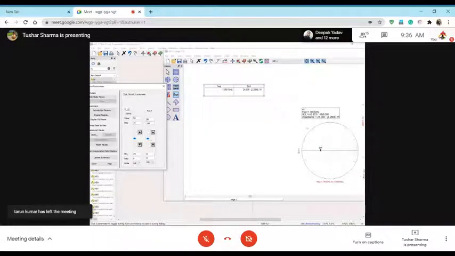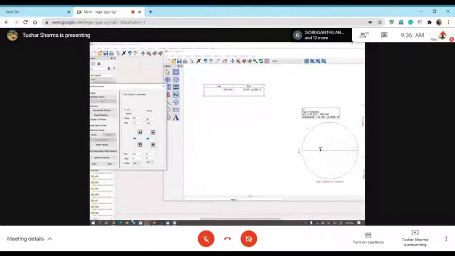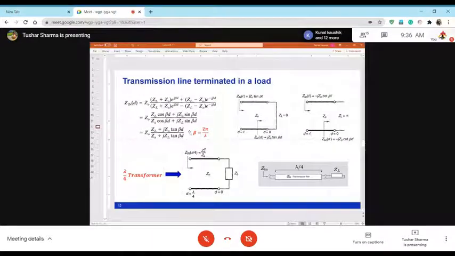So if it is 90, it is acting as a transformer. But now when I change electrical length, so electrical length in this formula is nothing but beta times D. This beta D is your electrical length. So I am trying to vary this length. You understand this thing, right? This is real only because when we put pi by 2, this goes away. But if this tan beta D is something else, like say tan 30, then this is an imaginary impedance, right?